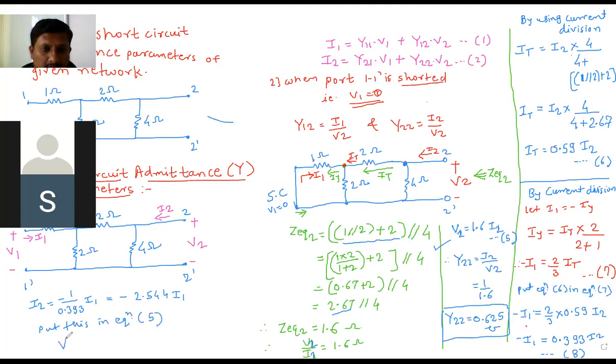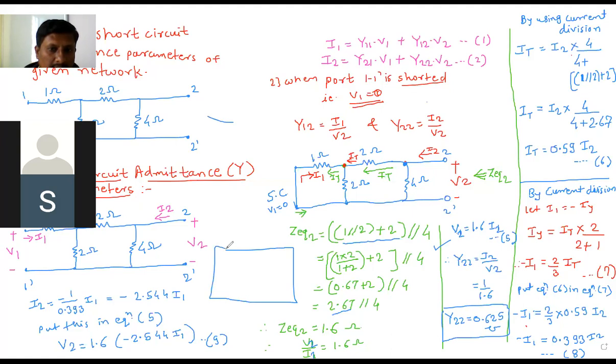So what you can get, V2 as it is, 1.6 as it is. आता I2 च्या ऐवजी तुम्हाला काय करायचं आहे, minus 2.544 into I1. इथपर्यंत कळालं. आता V2 is equal to this multiplication minus this multiplication into I1 येणार. पण तुम्हाला काय पाहिजे आता, this is equation 9. तुम्हाला काय पाहिजे आता, I1 divided by V2. I1 आणि V2 इकडे एका साईडला घ्या, बाकीचं कॉन्स्टंट एका साईडला घ्या, आणि तुम्हाला हे डायरेक्टली आन्सर मिळेल.